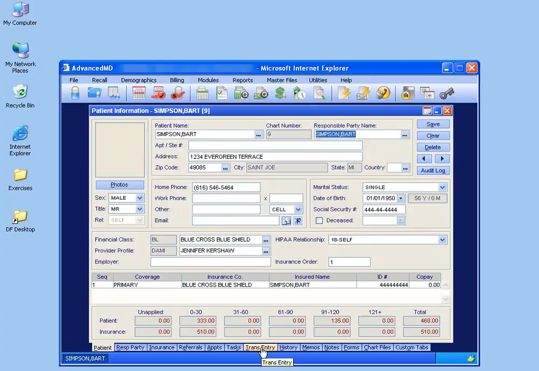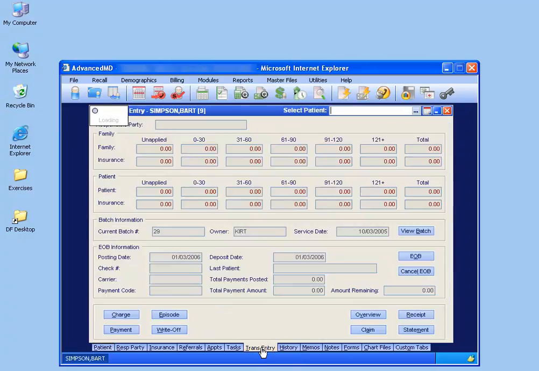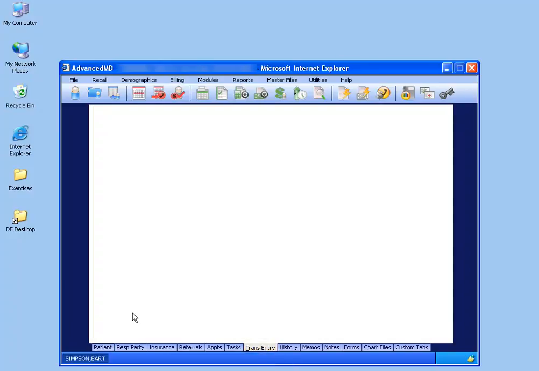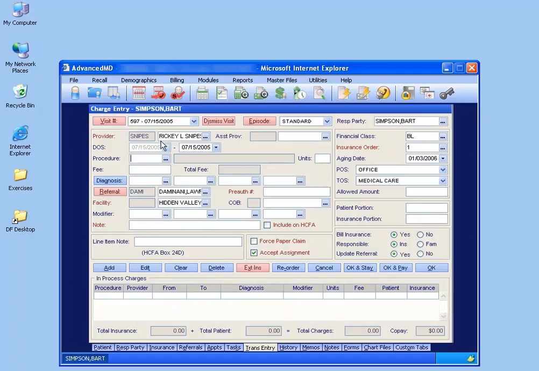And then to post charges, I'm going to click on the Transaction Entry tab down at the bottom and click on the Charge button. Up at the top, you'll see I already have a visit number here and a date of service, but we're pretending that this patient has never been scheduled in the appointment scheduler. And because every patient, in order to post charges, you have to have a visit number and a date of service, I click on and generate my own visit number and date of service by clicking on the pink button here. There's my new visit number. And there you go. October 3rd automatically pulls in here because that's what we had, if you recall,